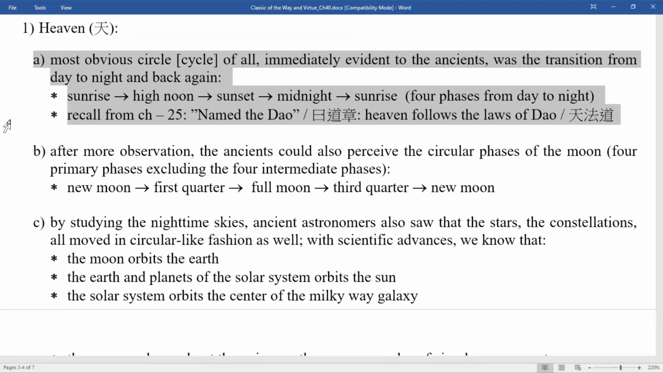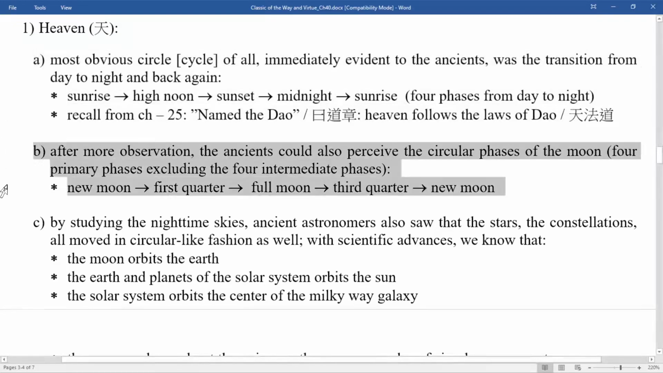Now, in chapter 25, it says the heaven follows the laws of the Tao. 天法道. Okay, that's the one obvious observation. Second,